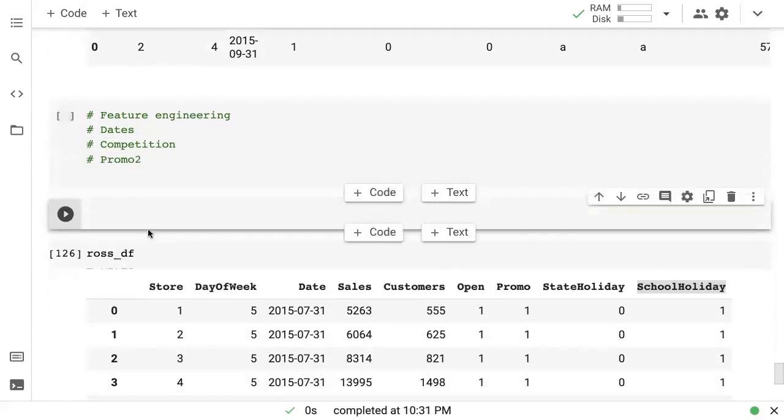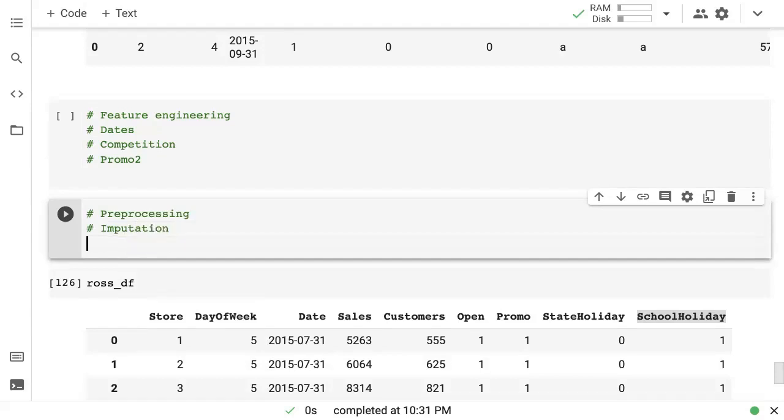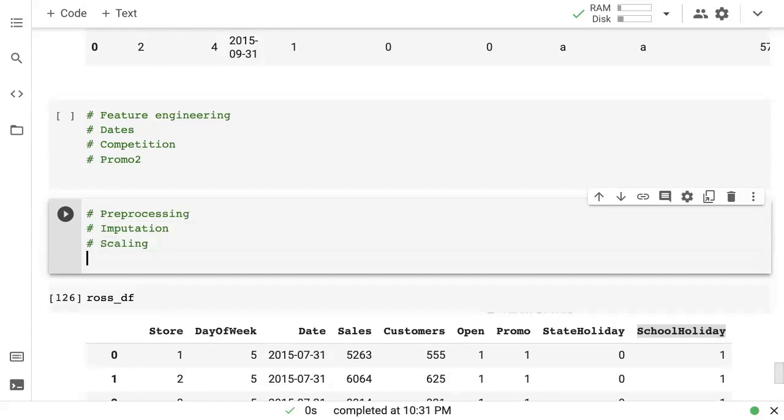Next, you will have to do some pre-processing. So for the pre-processing, you would have to fill missing values or imputation, and then you would have to do scaling using the same imputer that we had created and the same scaler, and then you would have to do the encoding for the categorical data.